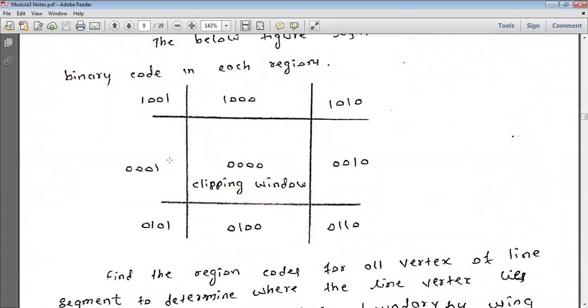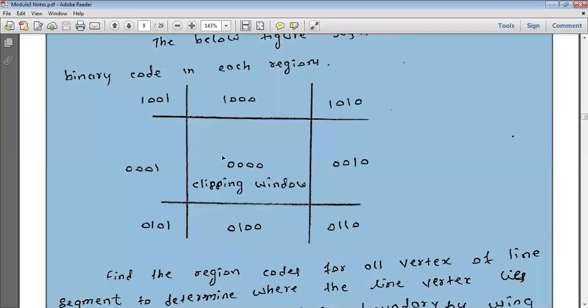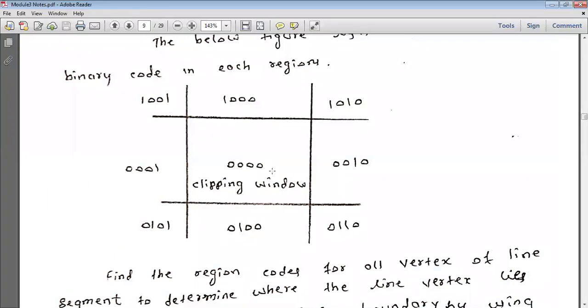Now let us check the 3 conditions and verify. How can I say that a particular line is inside the clipping window or outside, or that a part of the line is inside or a part is outside? Is this clear? The region code of the endpoint will be 0, 0, 0, 0 if it is inside. If it goes above, the first bit will be 1. If it comes below, the second bit will be 1. If it goes towards the right side, the third bit will be 1. If it goes towards the left side, the fourth bit will be 1. Now let us see the algorithm.